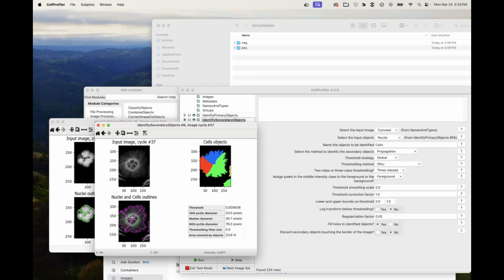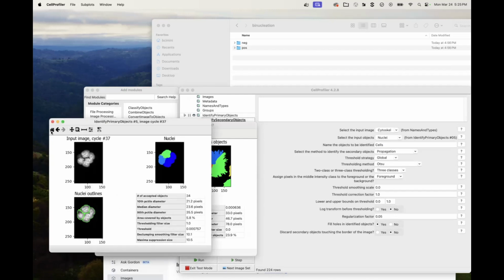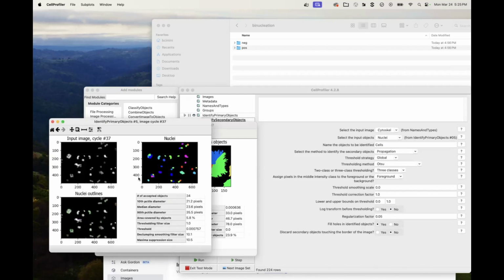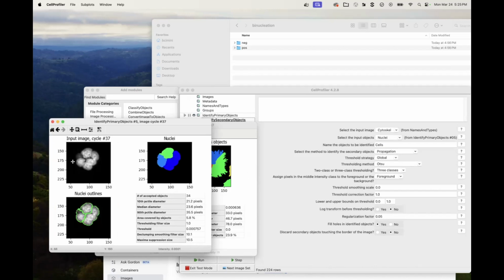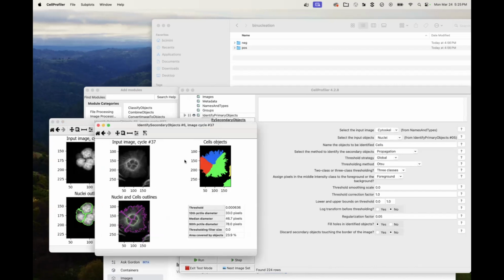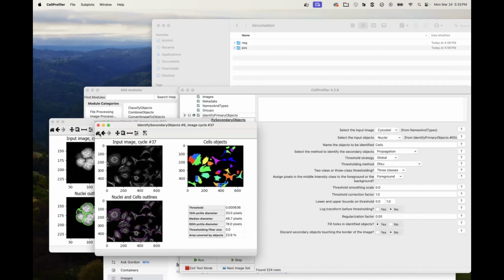So I really have kind of three choices here. One of them is I can try to force CellProfiler to make all of the nuclei that touch be one thing. So all of these nuclei would be one thing. This cell wouldn't get broken up.